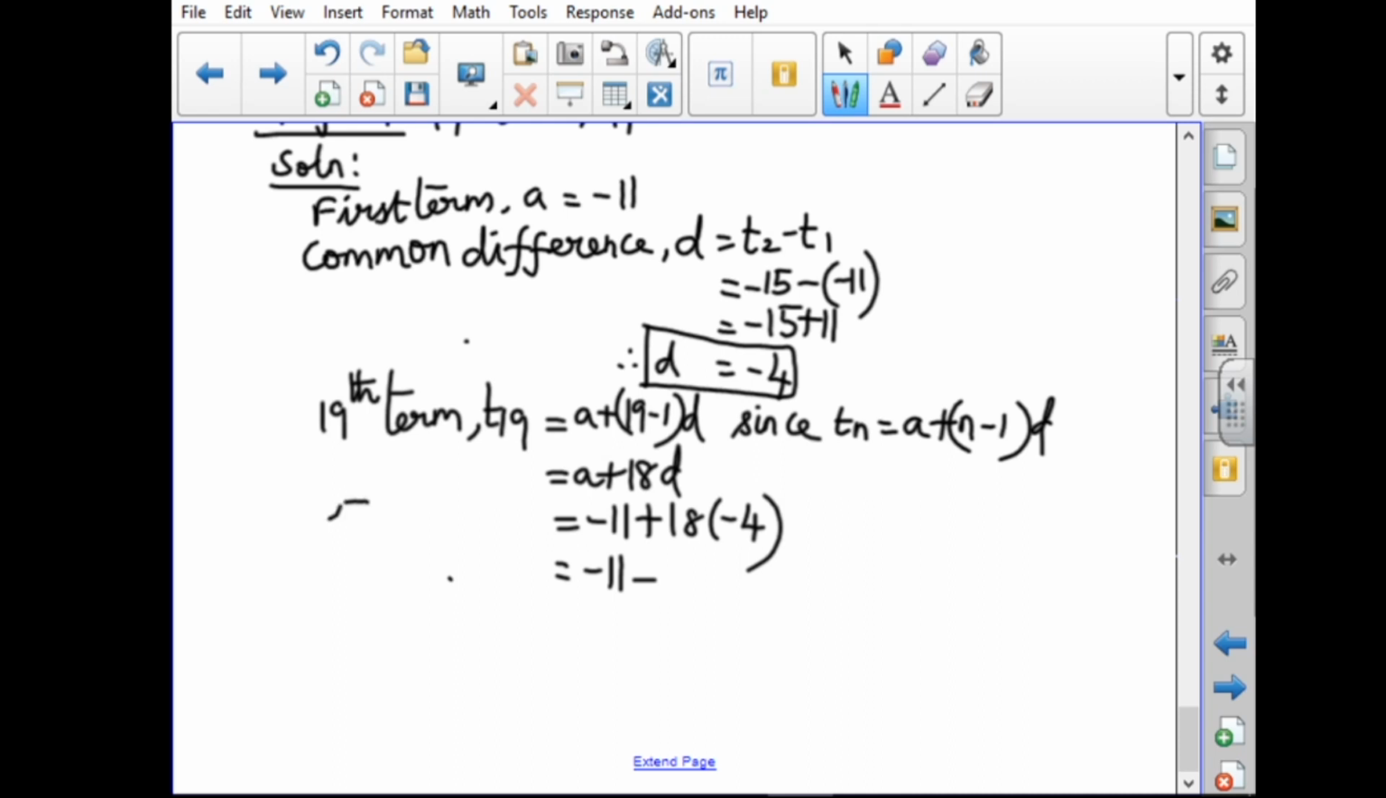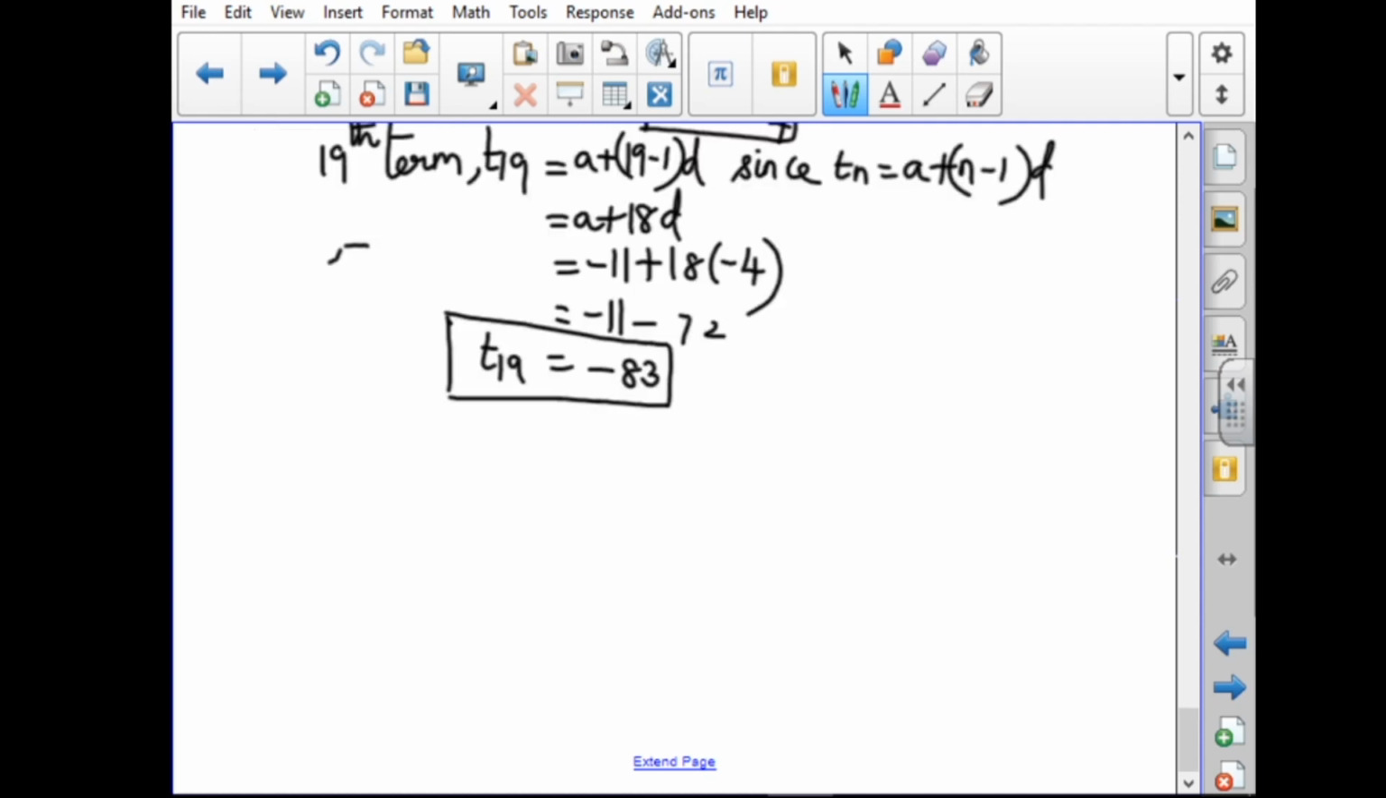So, 8 4s are 32, so minus 72. Now, you have to subtract minus 83. So, T19 equal to minus 83. So, answer, nineteenth term is